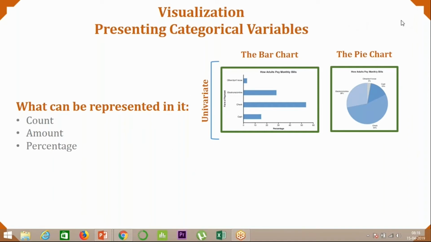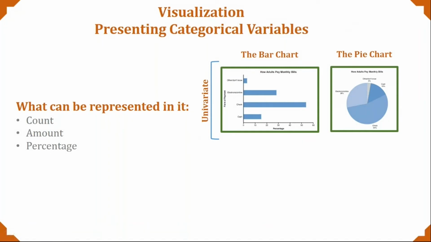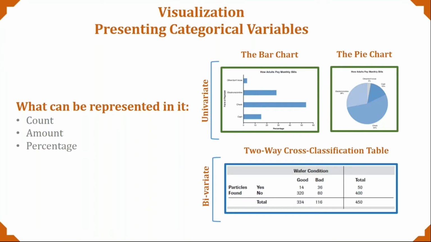So what if I have two variables? What if I have more than one variable? At this point, I want to know what is the relationship between the two variables. For the bivariate for the categorical, we have only one chart: the two-way cross table. You might have gone through this in your Excel, right? It's just a multi-column table that represents the count or a percentage of responses of two categorical variables.